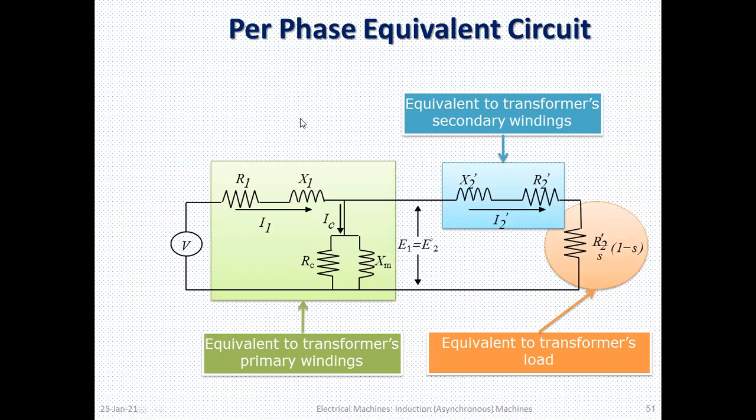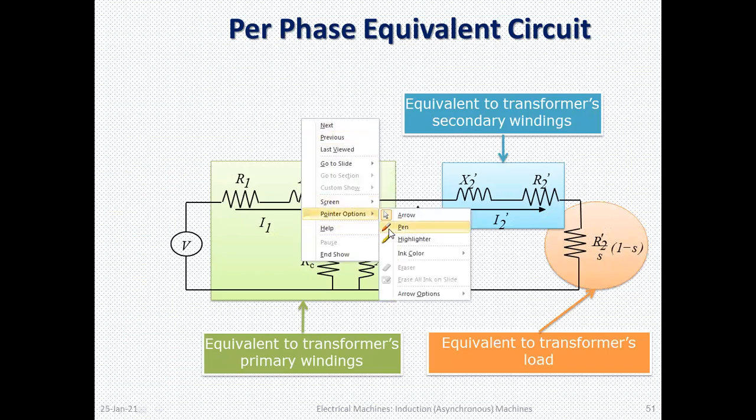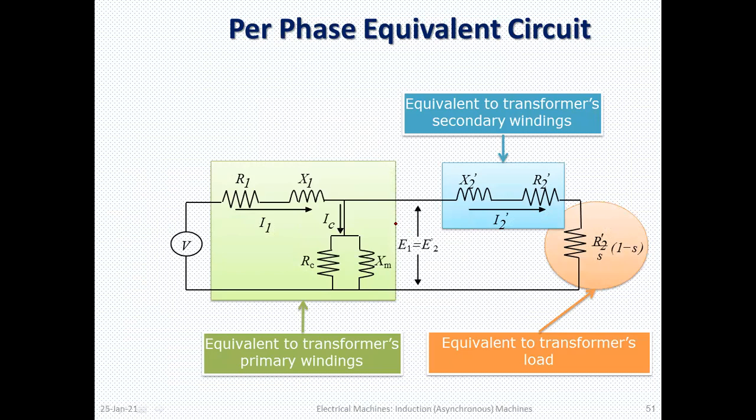This portion is the very important part of the equivalent circuit of an induction motor. Here we see that this is our stator side where I1 current is flowing, and this is the core loss component flowing here. This E2 dash, already told, is the rotor side referred to the stator side, this is rotor reactance referred to the stator side, this is also rotor resistance referred to the stator side, and this value is R2 dash and R2 dash by S.